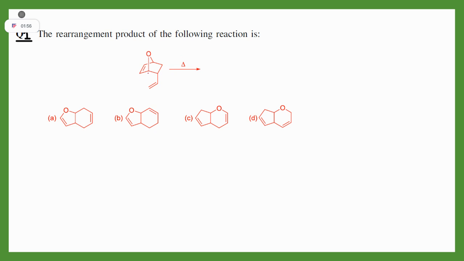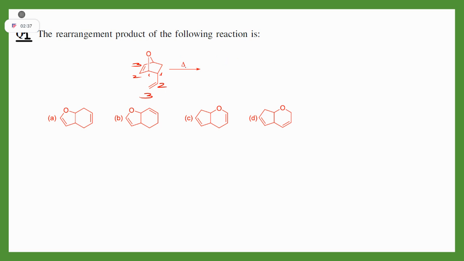See, first of all, this is your 1, 2, 3, 1, 2, 3. Whenever you get a system where there is a single bond between both the carbons numbered 1, and the two conjugated systems are separated by a single bond, that is your best substrate for a 3,3 sigmatropic reaction. Now if you check all these 1, 2, 3 atoms, they all are carbon, so it will be Claisen or Cope.